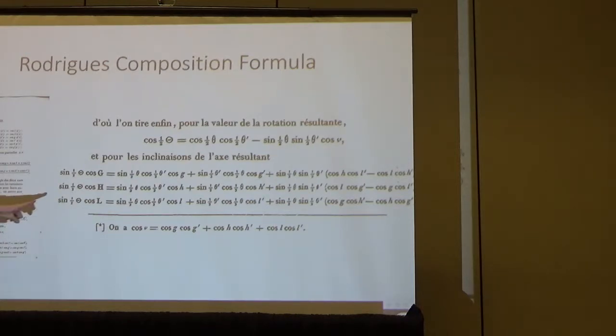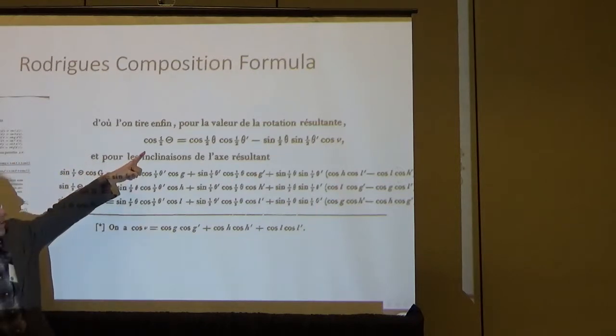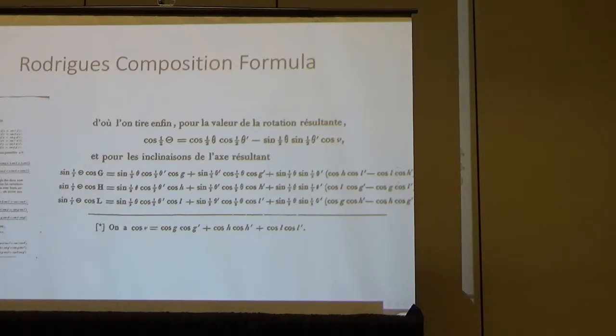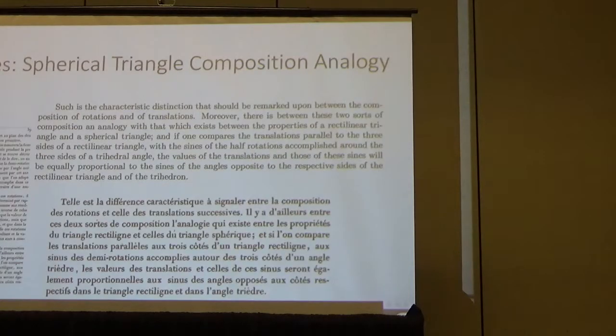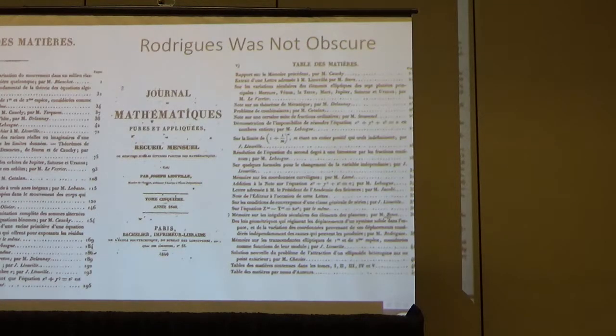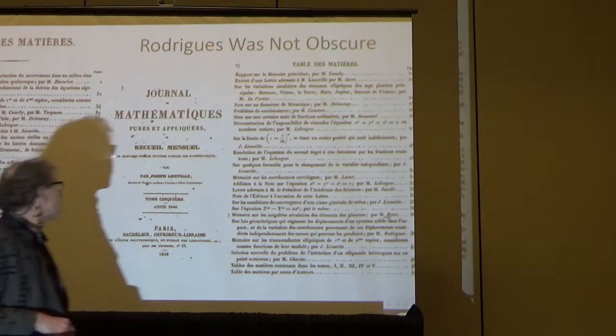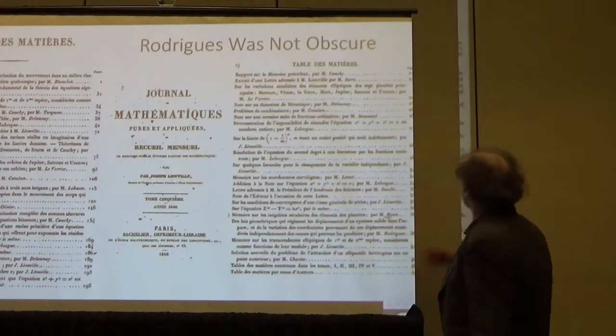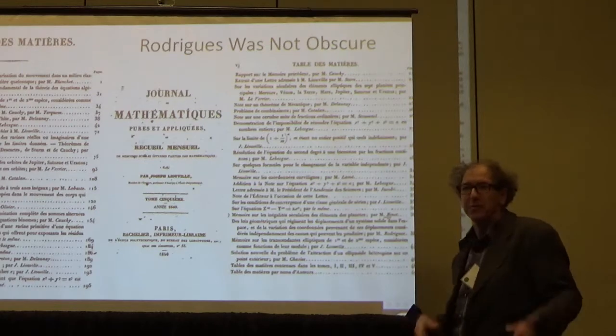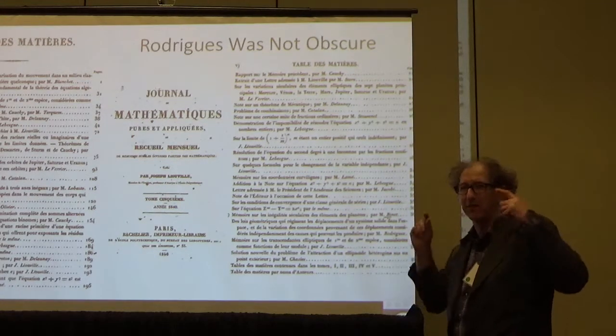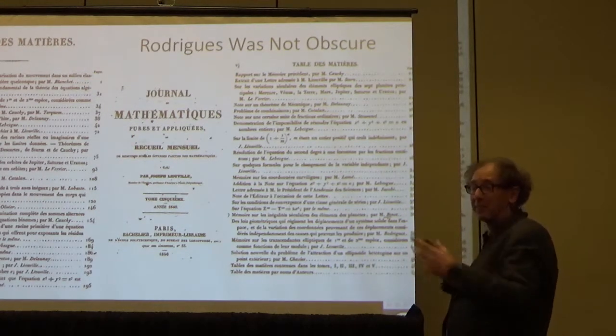Yeah, there it is. There's beautiful, the scalar part and vector part in 1840, 1841 in the most well-known journal in Europe. And here's the correspondence between rectilinear triangles and spherical triangles, literally translated, and you can see it in the French, in Liouville's journal. There it is, along with Lamé and Delaunay and Cauchy, and yeah, everybody knew this, and even Cayley himself wrote about this article in 1843, again before Hamilton's